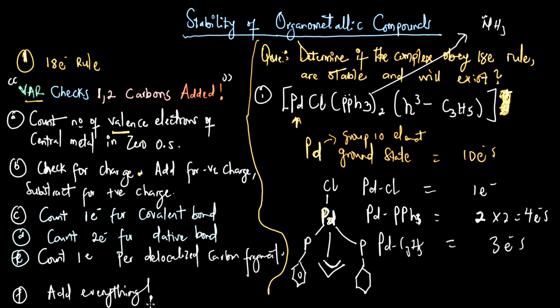Now let's add everything together. This will give us 10, 11, plus 4, that is 15, plus 3, 18. So we have 18 electrons. It has 18 electrons, that means it is stable, right? So the compound is stable and will exist. So take note of that. So let's look at